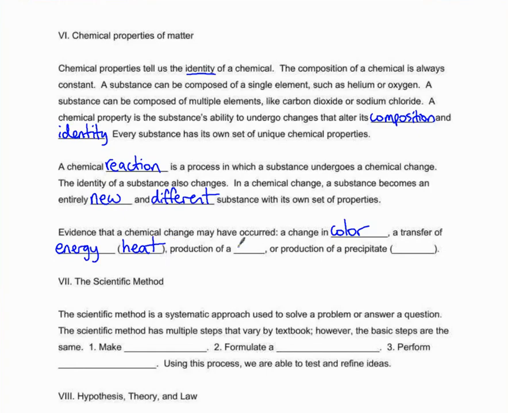We might see the production of a gas. It's possible that this gas is visible, like chlorine gas is a yellowish green color that we can see if it's present. Other gases you're not going to be able to see, like oxygen or hydrogen. They are clear and colorless. They look just like all the other air around us. We can't see it. So, the way that we will usually detect the production of a gas,